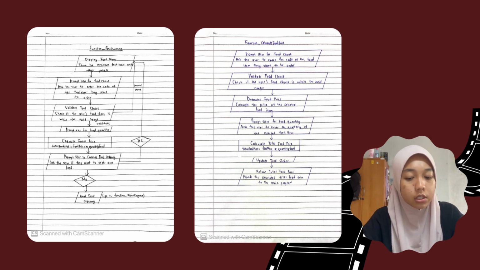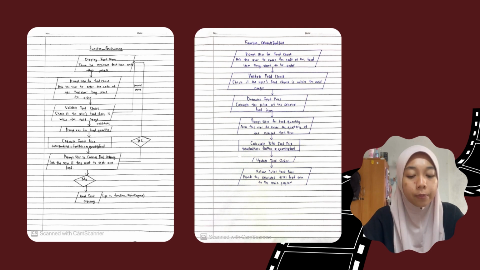If it's available, it will continue to ask the customer how much of the food they want, and then we will calculate by food price multiplied by food